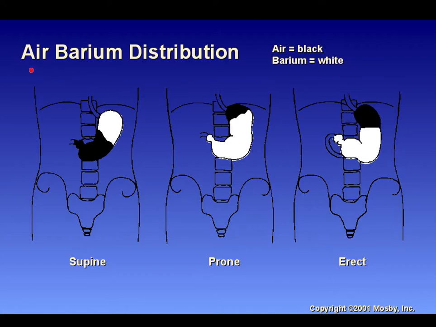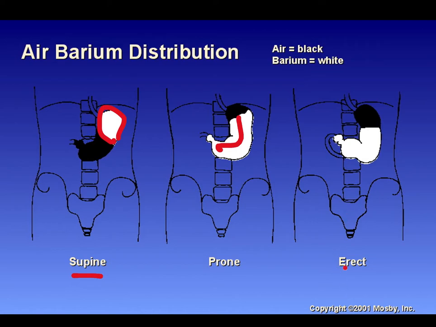So air barium distribution. Supine, barium is in the fundus, okay? Because the stomach lays across the top and kind of comes down on this left side. So that's where the barium is going to collect. If a patient is prone, barium is going to be in the distal portion of the stomach. You're going to be able to see the greater curvature, lesser curvature. You're going to see air in the fundus because the fundus sits more posterior, so that's where the air is